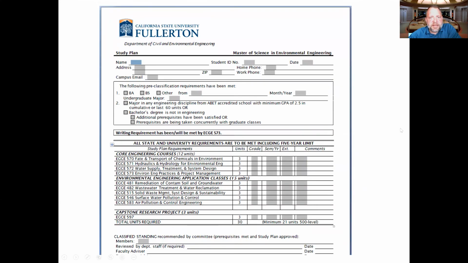This is what the study plan looks like. In our program, because it is a cohort model, pretty much everyone takes the same 10 classes. And just to add to that, it is possible to substitute. For example, I have a student right now who already has a master's in hydrology. So we took some of these classes, the 571 class, for example, and substituted that for a different class within the university. It's harder because there aren't as many online options. So if you live closer, it's easier, or if you live close to a different university, you could take a course there and transfer it in. So it's always an option. But for the majority of students, especially those students coming without an engineering degree, these 10 classes are perfect for lining you up and getting you ready for the PE exam.